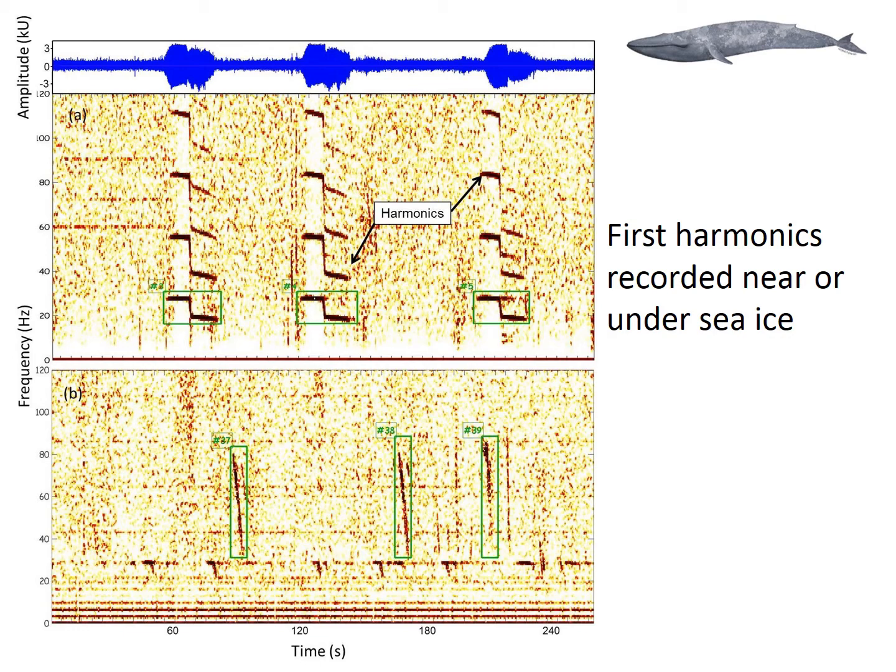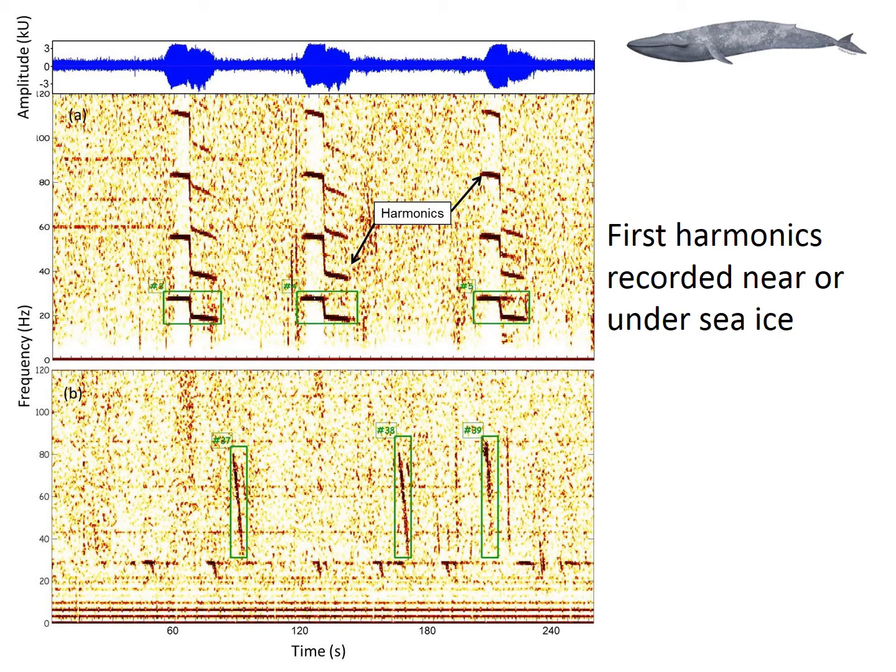The Z call is termed so because it looks like a Z, as we can see here. It's got the first unit, the second unit, and the third unit, sometimes called A, B, C. And for later, I think I'll refer to it as unit A. And these were harmonics which have never been recorded for blue whales, indicating that the animals detected from the sounds were very close to the recorder. Furthermore, we can see that the amplitude, which shows the energy from the sound, is not distorted, meaning this is not a distortion of the recorder, but a true biological feature which was detected from the sounds.